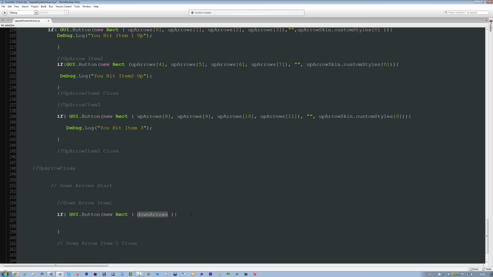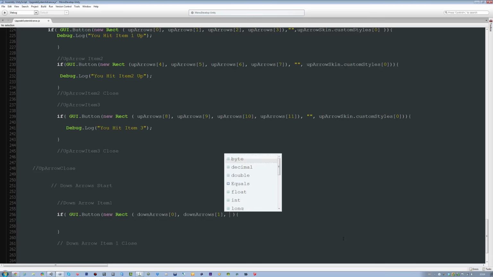I'm going to press Ctrl F on it to find, and yes, it's called down arrows, sorry. And then I'm going to put open square bracket 0 closing square bracket comma down arrows open square bracket 1 closing square bracket comma down arrows open square bracket 2 closing square bracket